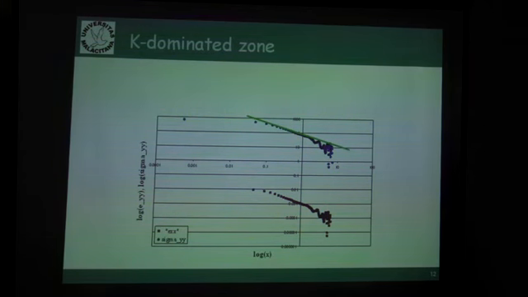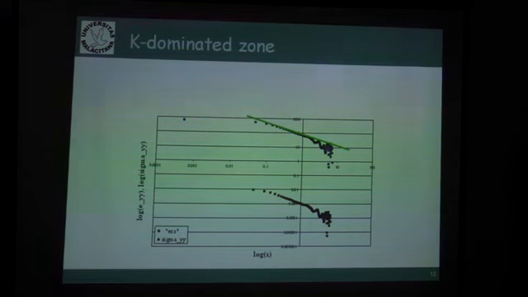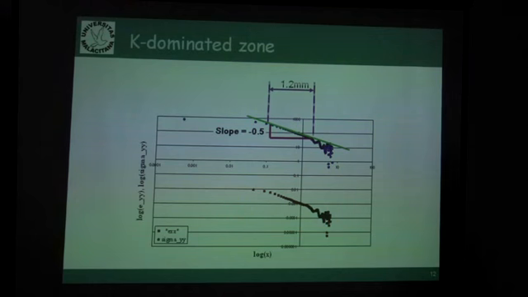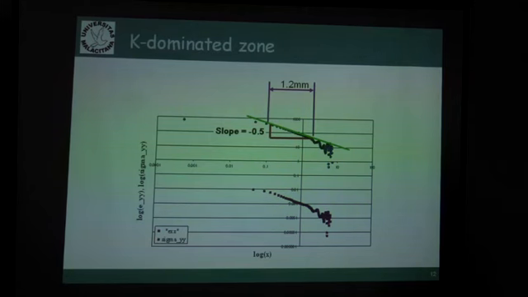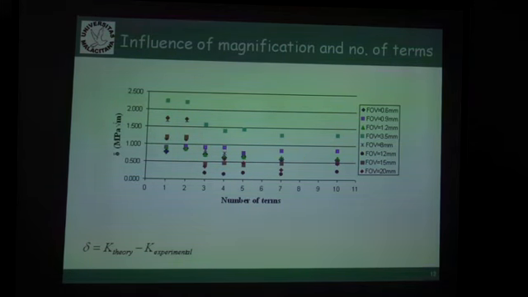From this strain data, we get the stress data, and we are assuming here elastic behavior, which is not going to be correct. But our idea is that we are trying to get a rough estimation of the dimension that we should use. And that was around 1.2 millimeters. So with that figure in mind, we did a few tests